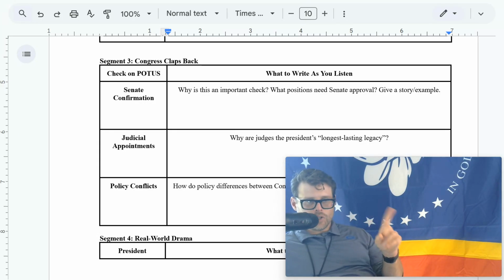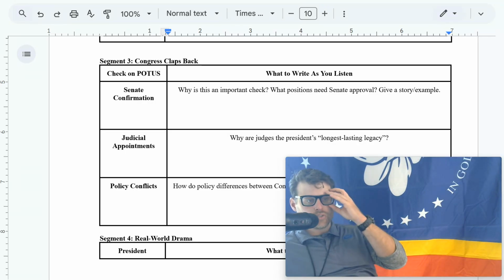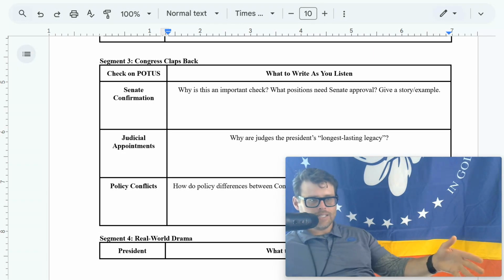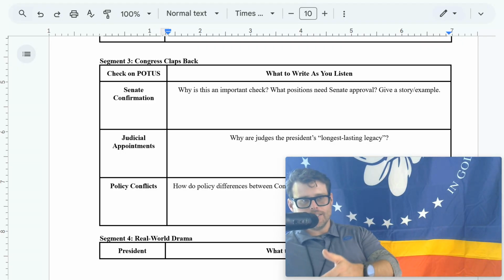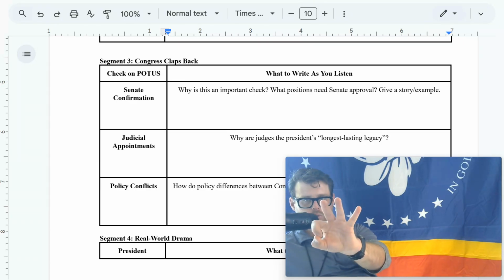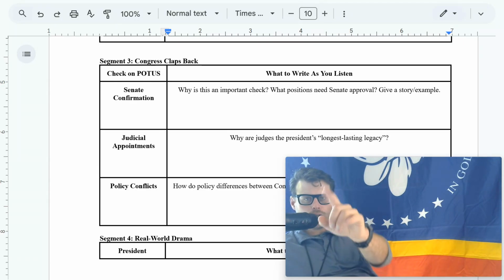This is the president's long game here. So think of this, right? The president can appoint a Supreme Court justice or federal judge, and if they are approved by the Senate, this is the president affecting generational things 10, 20, 30 years down the road. Trump appointed over 200 federal judges his first time in office, including 3 Supreme Court justices.